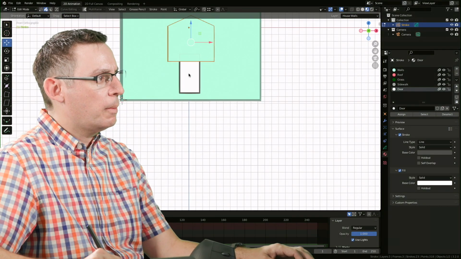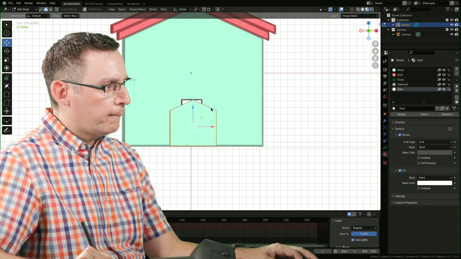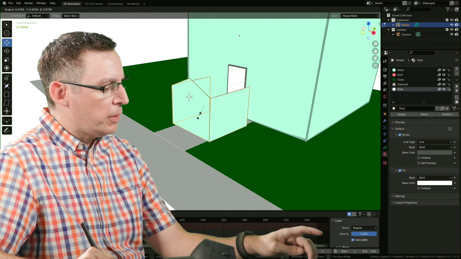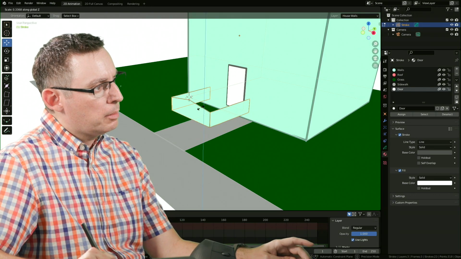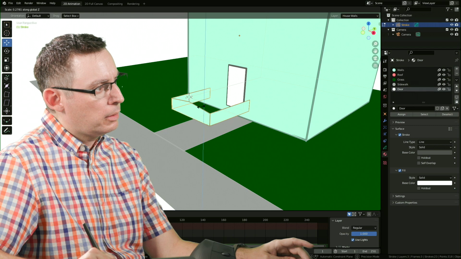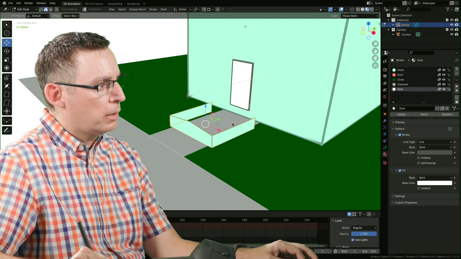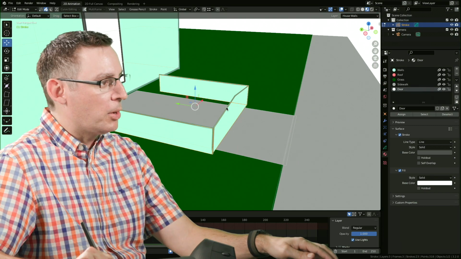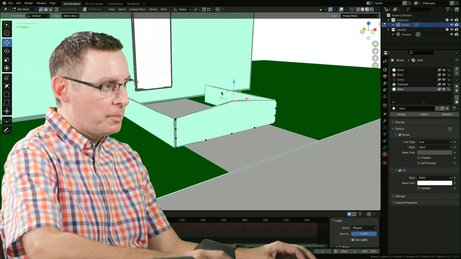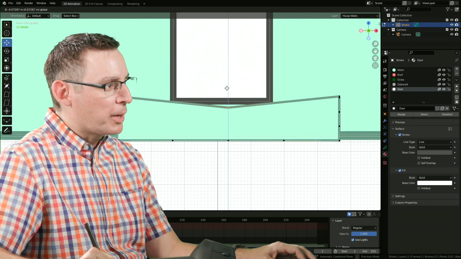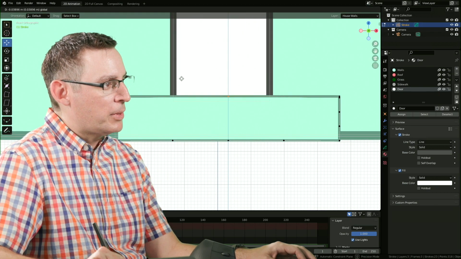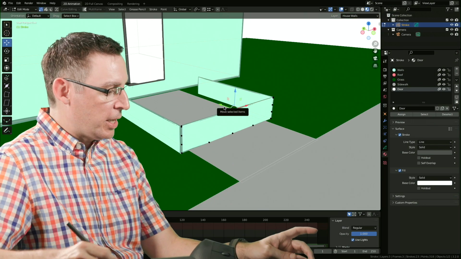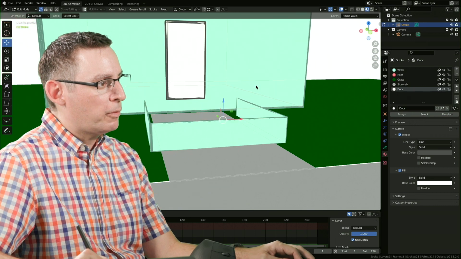Let's look at it from the front. Of course, we need to scale this down quite significantly, just on the Z-axis. So I'm going to hit the Z key, bring this down. Yeah, somewhere right around there. Now we have some things in here that we need to adjust. Clearly, we don't want that vert there to be a peak. So I'm just going to bring it down until it's roughly in line with its neighbor over there. If it's ever so slightly off, no one's going to know. You could also, if you really wanted to get rid of it, just dissolve it. Boom, now it's a perfectly straight line.